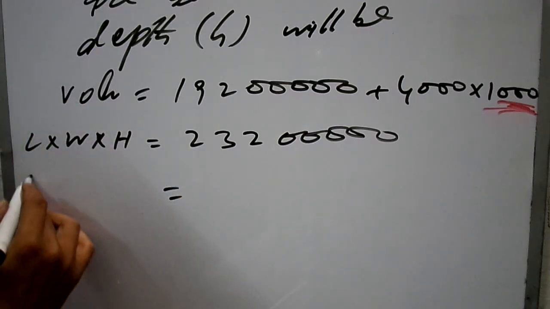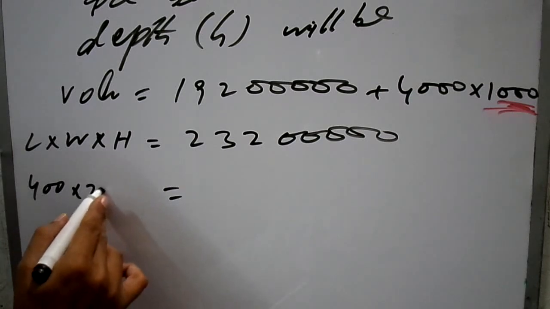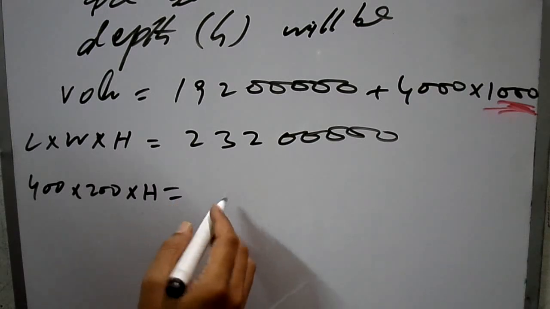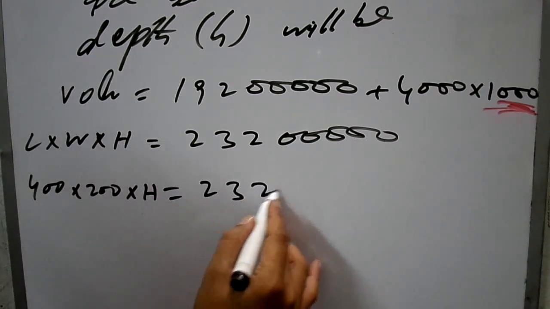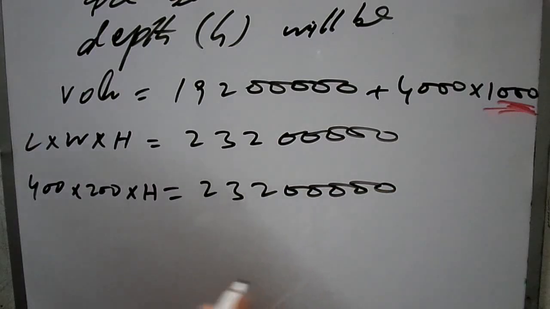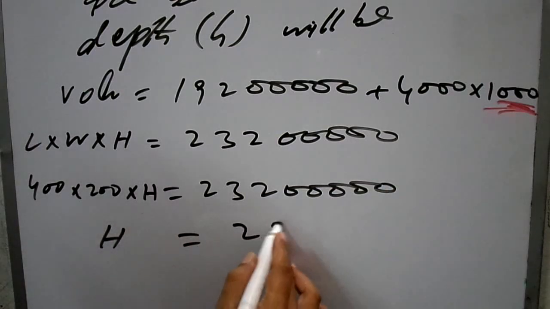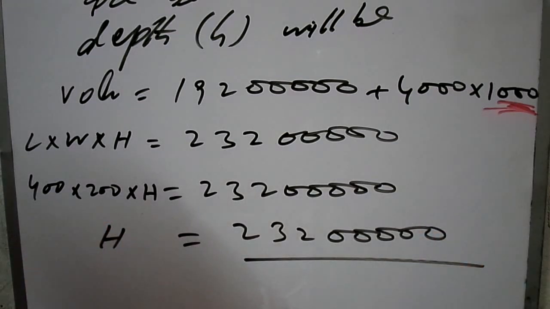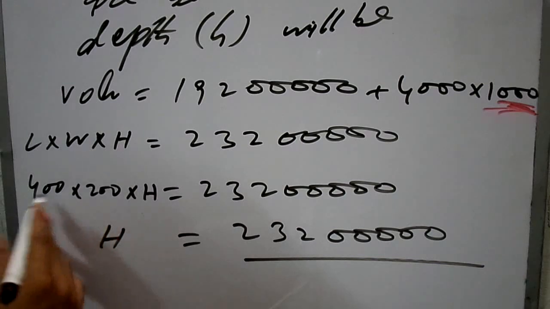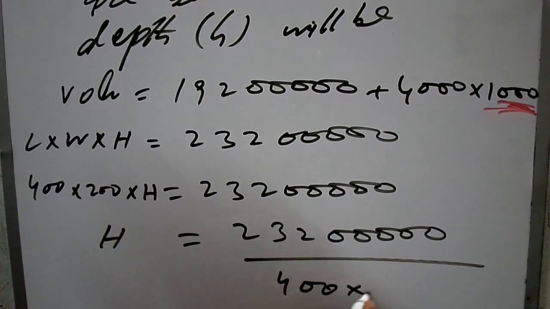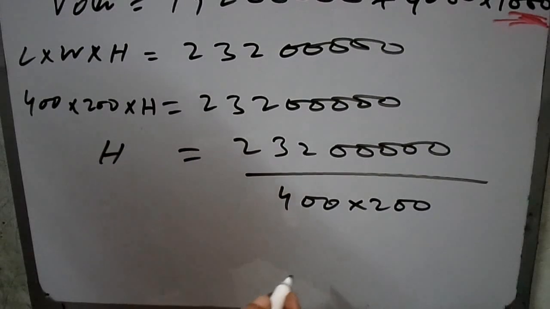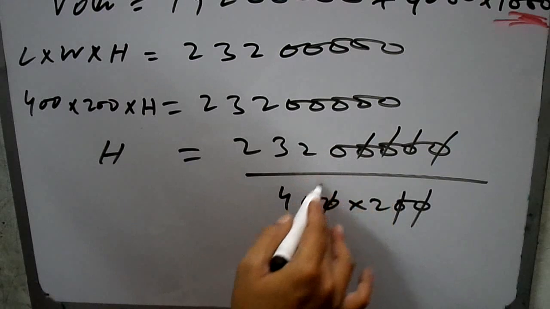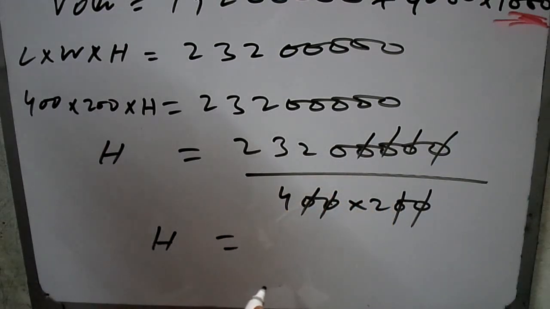We have length 400, width 200, and we have to find height h. So the height is the volume divided by these two, 400 into 200, that is 80,000, but these zeros will be cancelled. So after simplification the height is